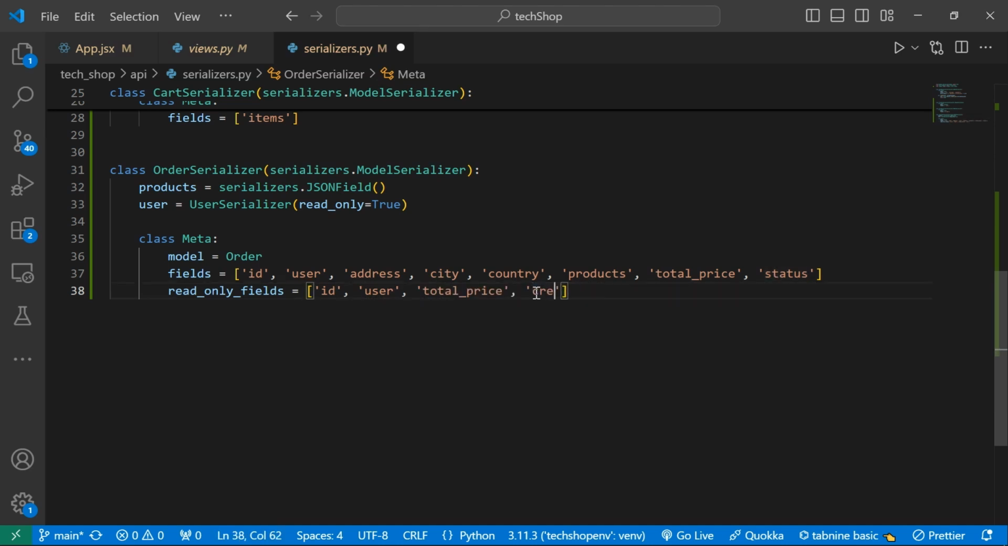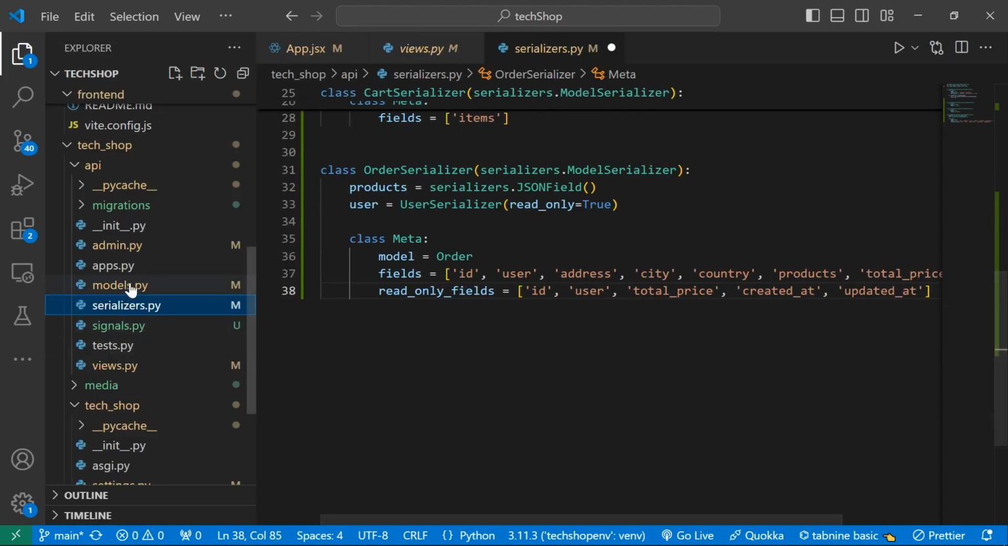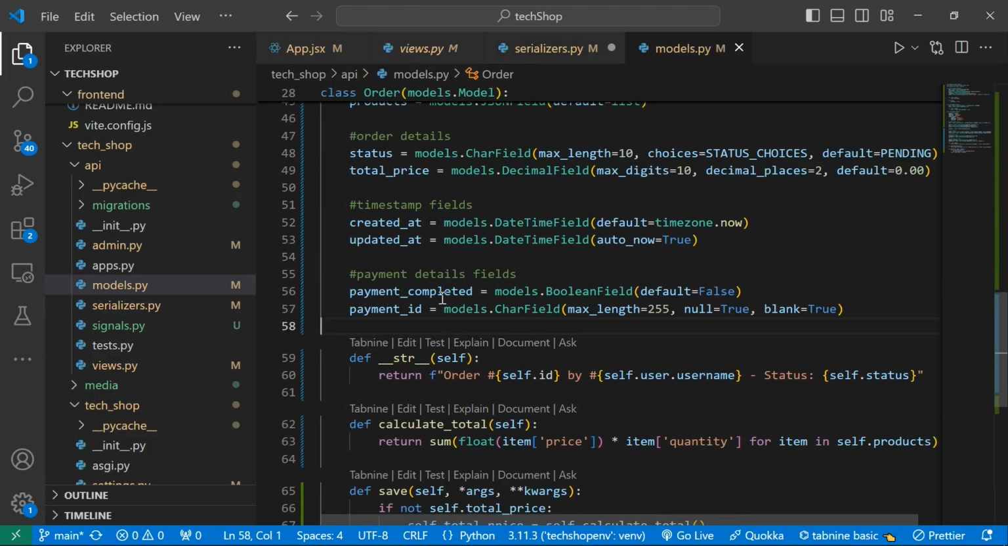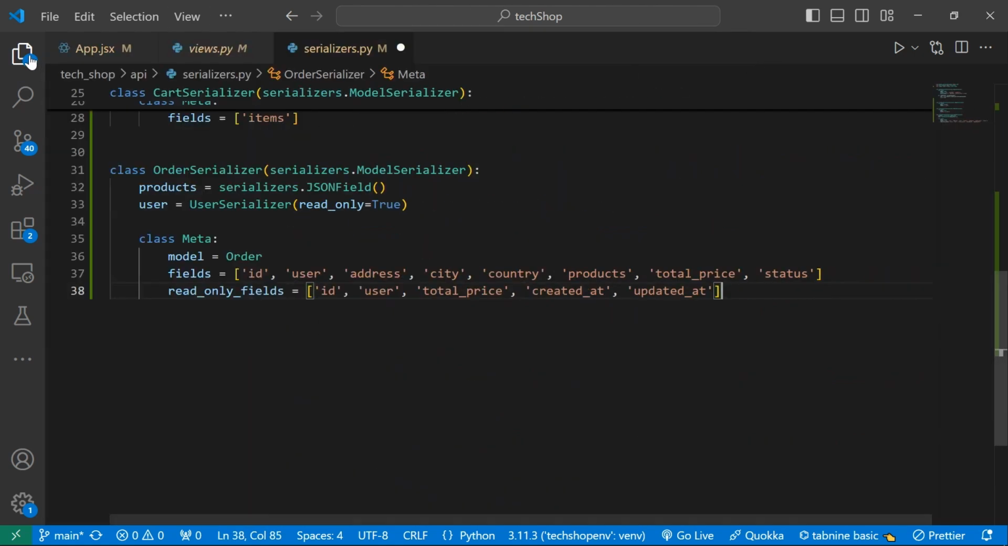I can change this one to be created at, then updated at. I think that's what we have in our models. We have this as updated at. Okay, close this back. Now the next thing I'm going to do is to create a function that will